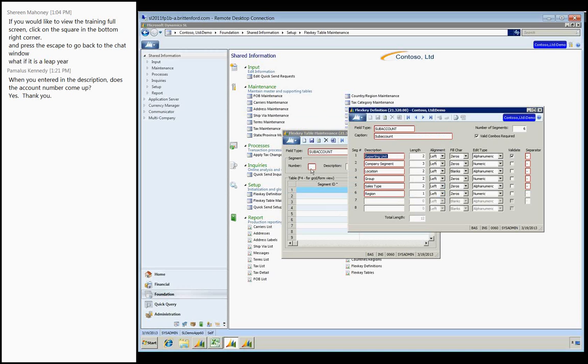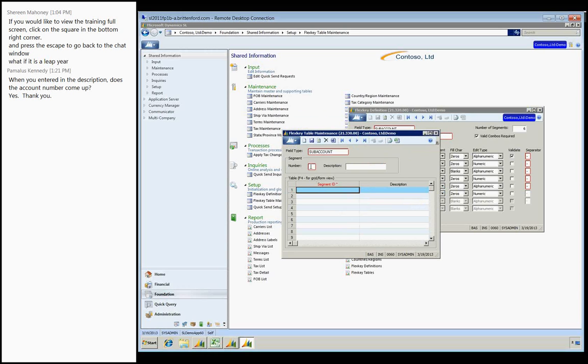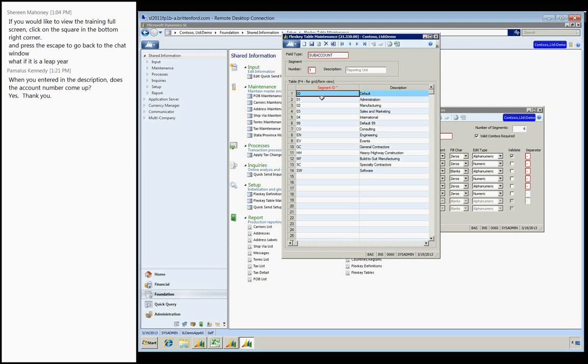So if I go to segment 1, this is my list of valid account numbers, or valid segments for segment 1. Okay? So if at this point in time, I try to go over to the subaccount screen within the GL, and I try to start my account number with something other than what's in this list,